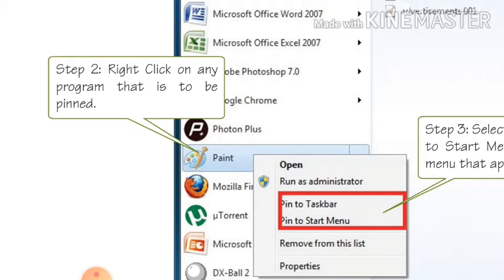These are frequently used programs. So right click on that program.